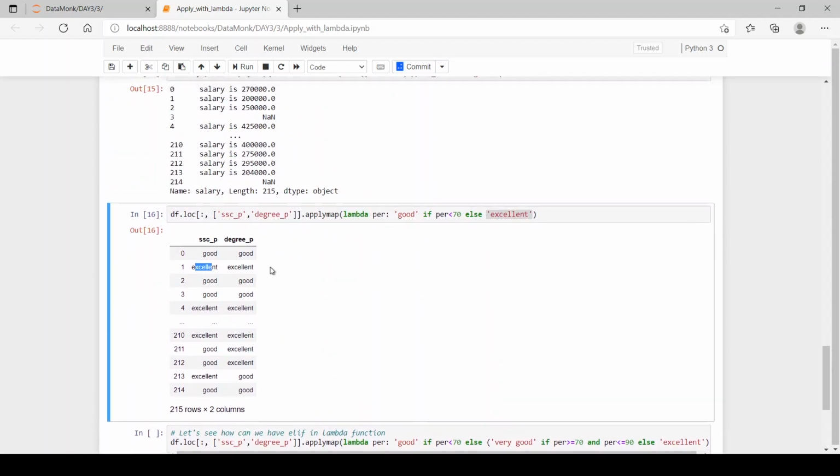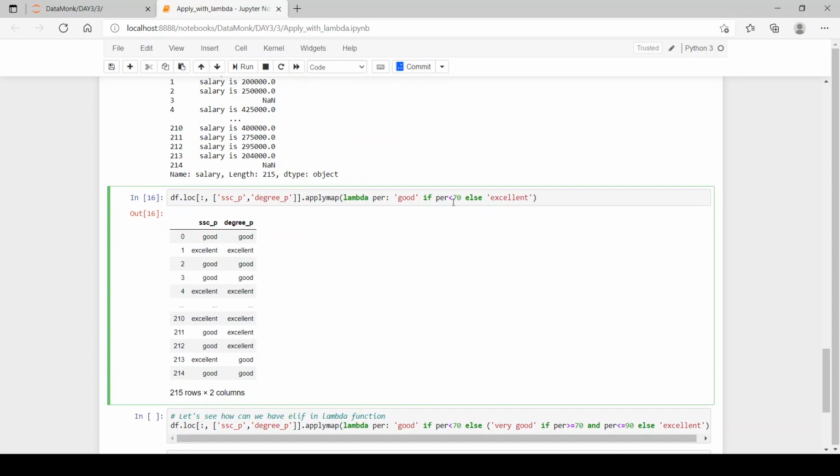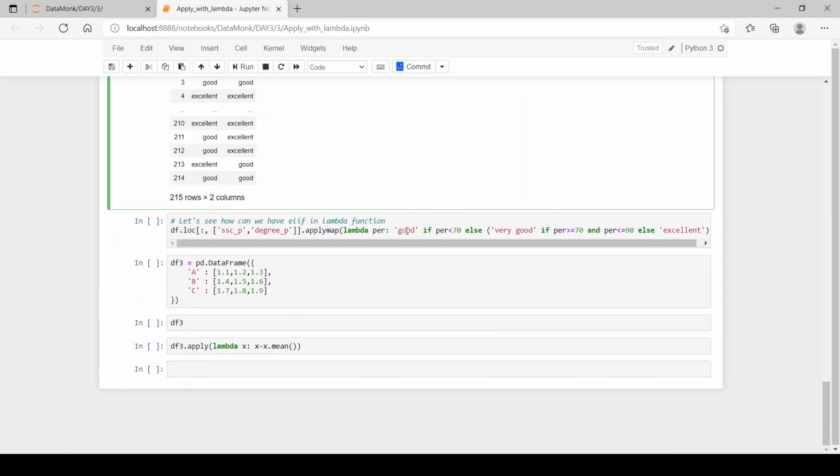Now if you want to print percentage less than 70 as good, percentage greater than 70 and less than 90 as very good, and percentage greater than 90 as excellent, then we have to use if, else if, and else. So how can we use else if in a lambda function? Let's see. We have to pass another if in the else part.